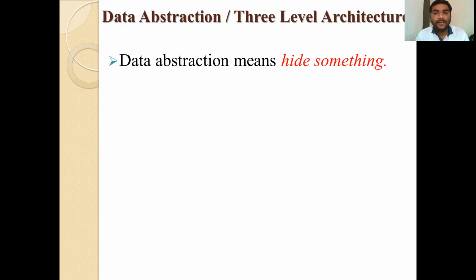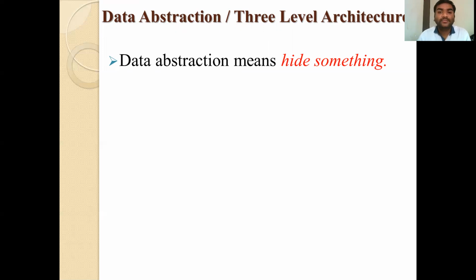Now first is the data abstraction. Now you are going to learn the database management system. All of you know the importance of data in database management system. If data is there, then it is the database management system. If data is not there, there is no value for your database. If your data is lost or stolen by any person or any system, or it is hacked by anyone, then there is a loss of your data. So for that purpose, database administrators or database developers use the concept of data abstraction.